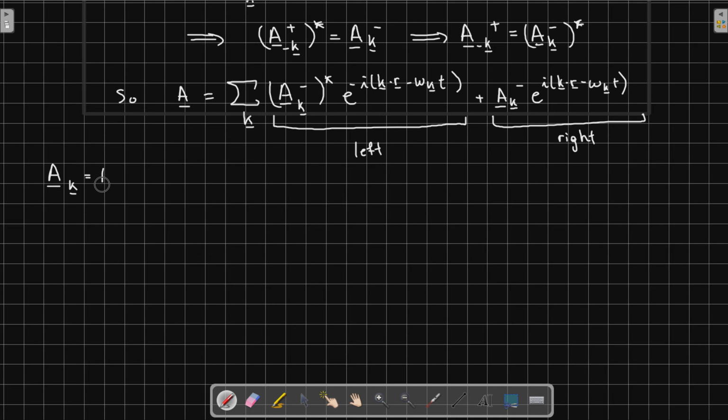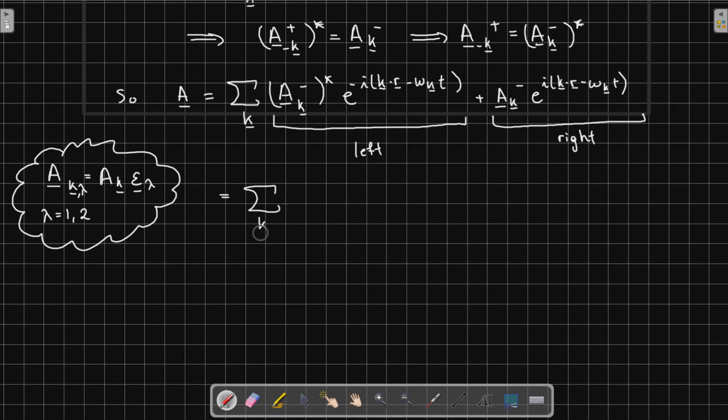So A_k must be equal to a scalar A_k times a polarization, and this will add an extra index, okay? And this polarization vector runs from lambda equal to 1 to lambda equal to 2. So it can take two different values corresponding to the two different polarizations of an electromagnetic wave. Okay? So this is equal to